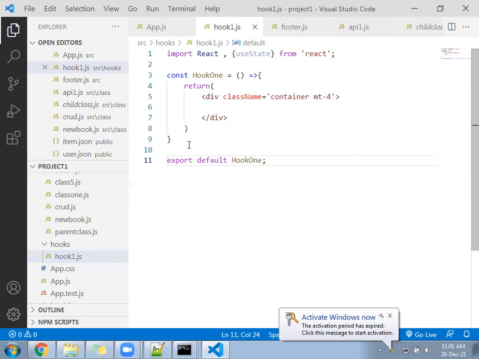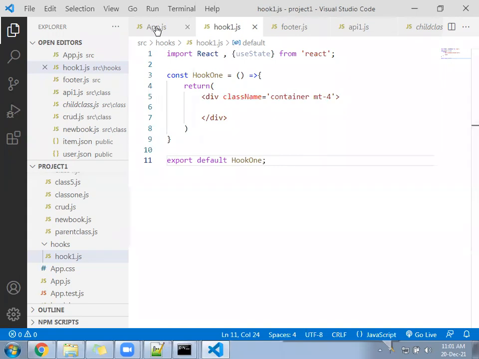You guys are doing clear? Import, to print anything? We'll go to the app file.